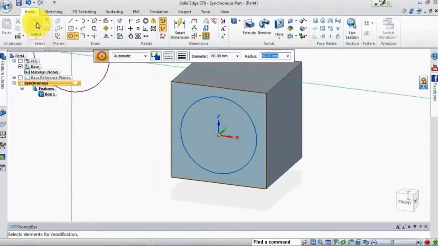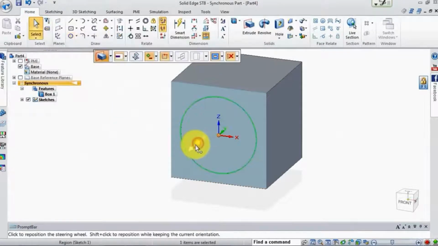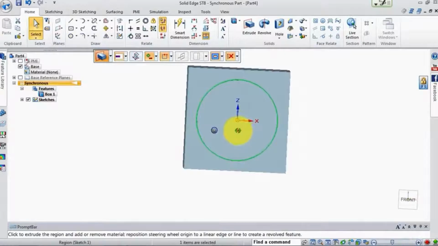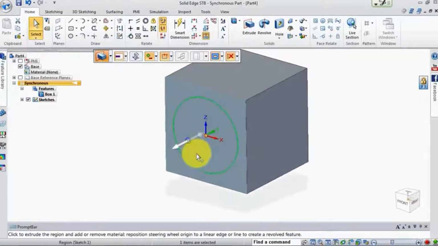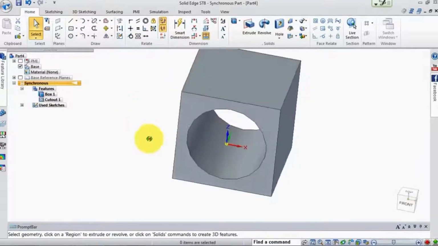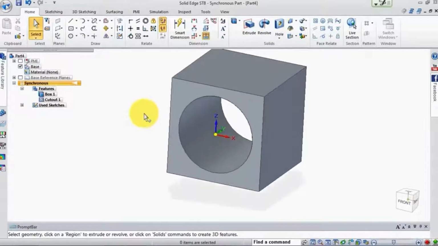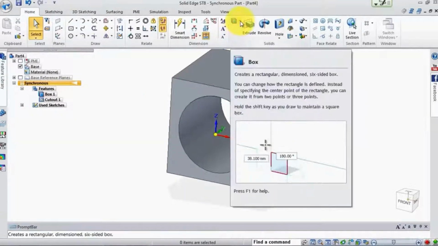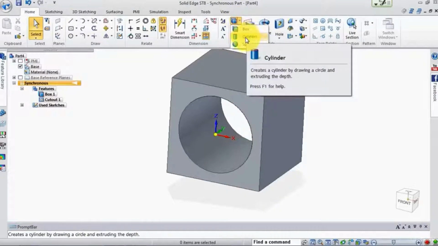and then we go to select, click on here, and again if you have trouble seeing your arrow, just rotate your view, click on the front or back of the arrow and push that through. We see we have our first cut. Now on this one, let's do it a little different. I'm going to go here and let's use a cylinder